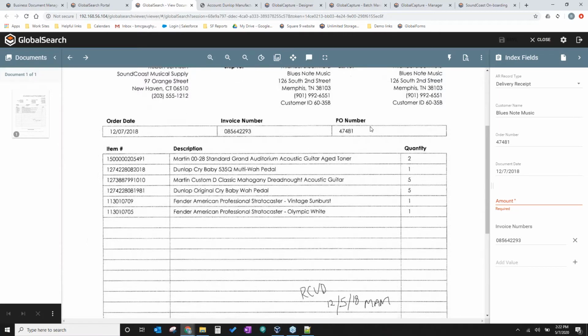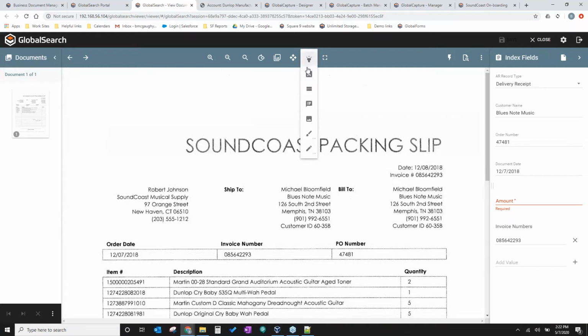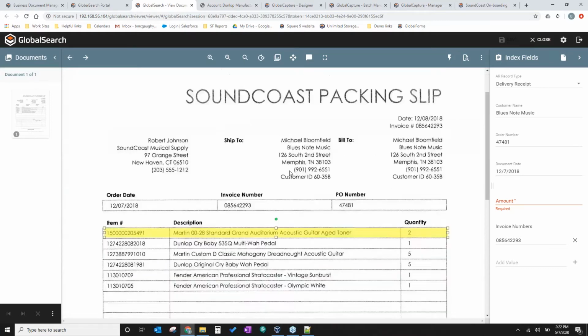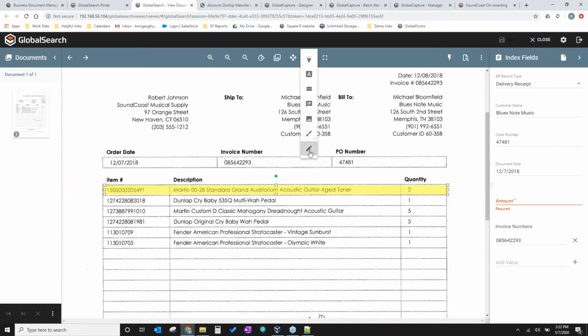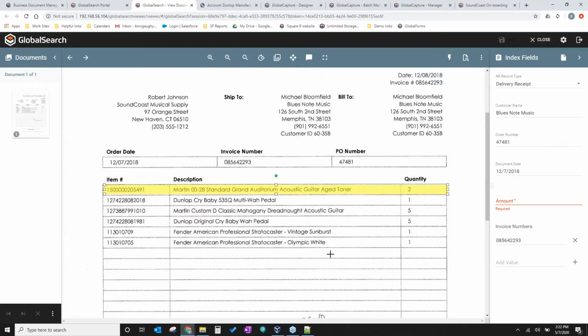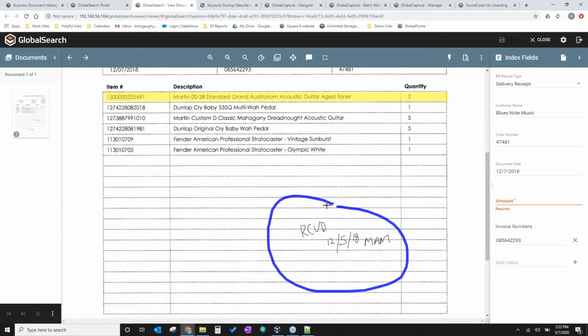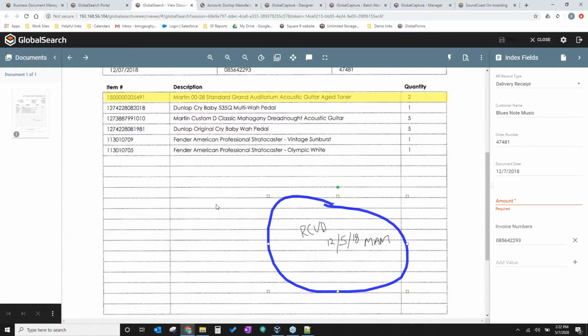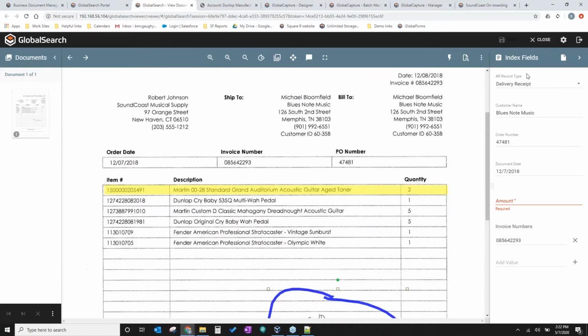And while I'm on the phone with him, I say, hey, you know what? Let me do this for you. Let me go ahead and highlight this information here using our little annotations tool. I'm gonna highlight that, and let me just circle this where it shows that Mark received it. So now what I can do with this document is I can actually email this document out with those annotations and send it to the customer.